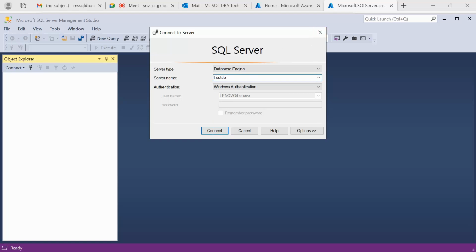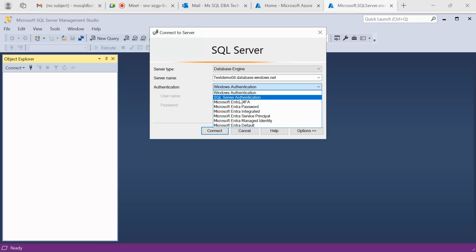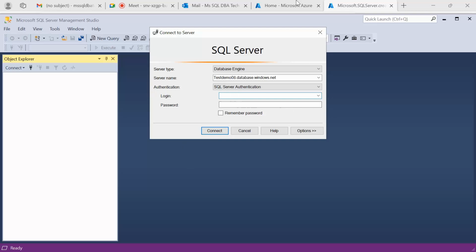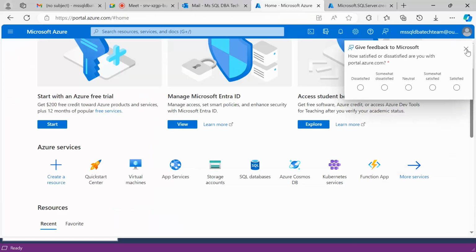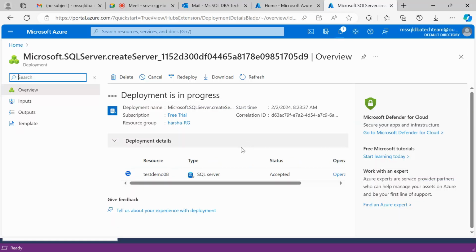Test demo 08 dot database dot windows dot net. By default we don't have Windows authentication, because we are deploying on Azure, so we need to go for SQL Server authentication only. This is how we have started.